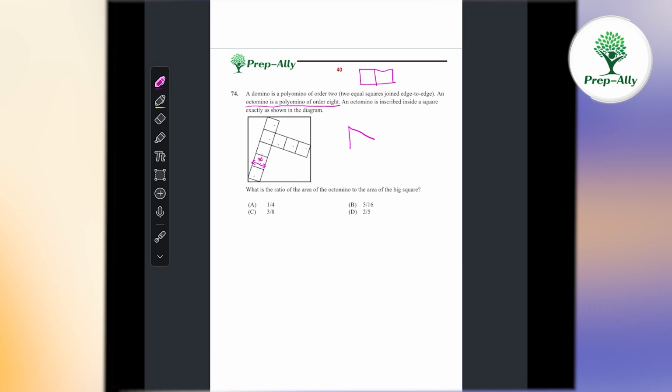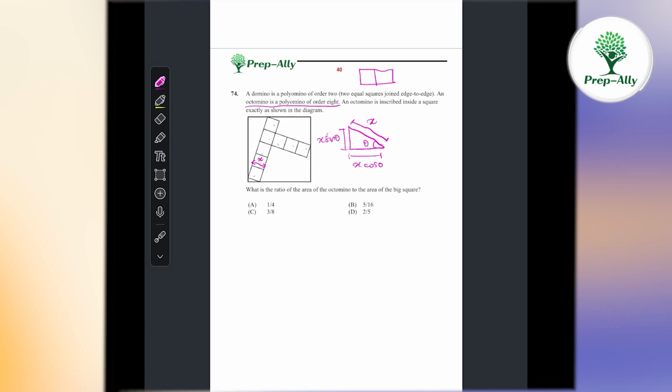So we have this triangle, and this length is x, and let's say this angle is theta, right? So what do we have? We have this length as x cos theta, and this length as x sin theta,